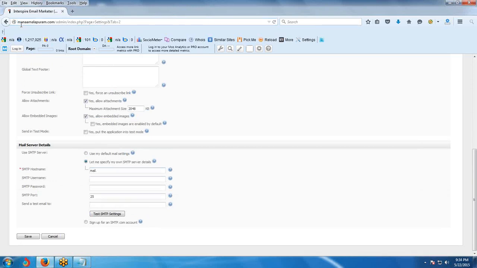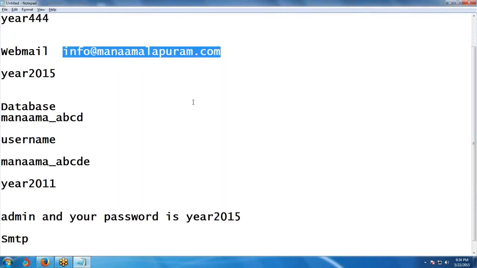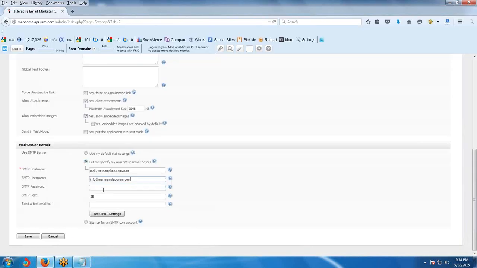If you don't have that, you must contact your hosting provider. SMTP username and password is nothing but the webmail username and password. If you don't have them, you must create a webmail.